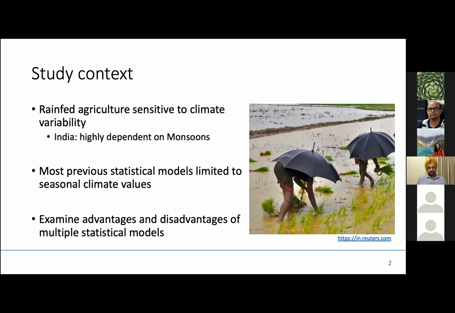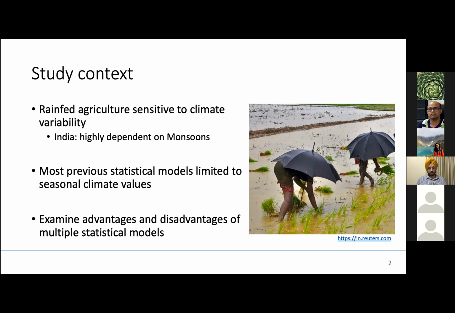So some context to my study for people who are not familiar with Indian agriculture. In India, agriculture is heavily dependent on monsoons, which are the summer rainfall. Two-thirds of the net cultivated area in India is dependent on monsoons, and it's estimated to produce 40% of the food grains nationally. While predicting crop yield as a function of temperature and precipitation has been studied extensively, research has more or less been limited to seasonal average precipitation and temperature values, and only recently has this within-season variability